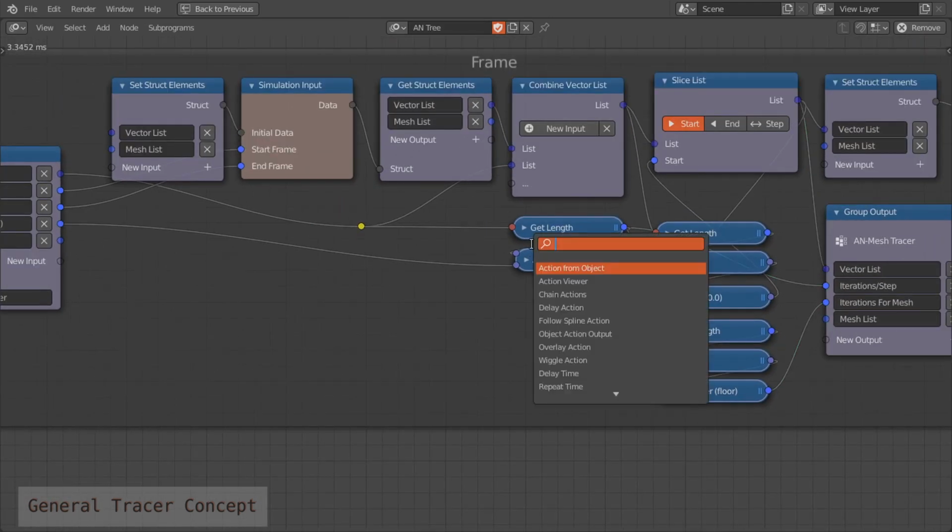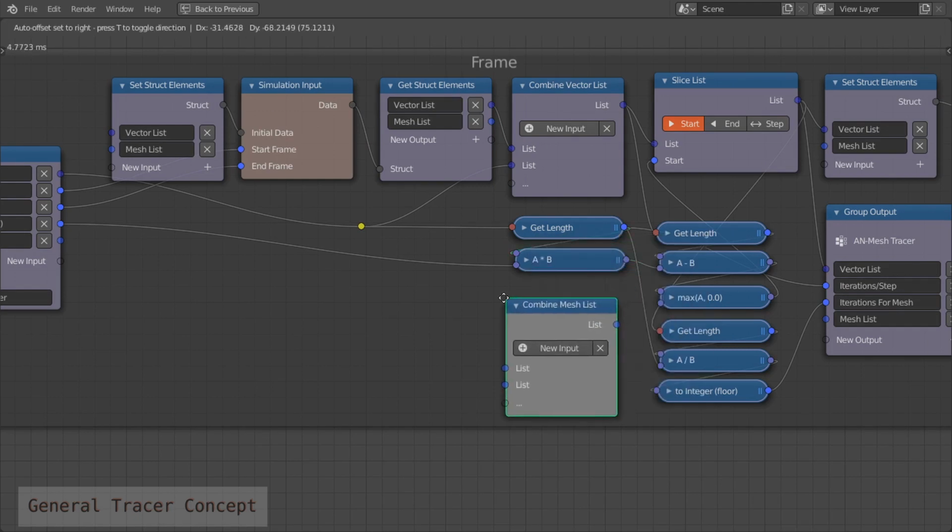So let's add the combine mesh list node,